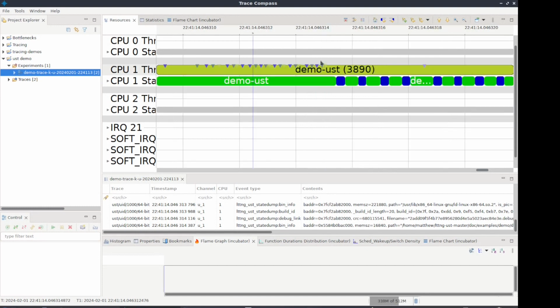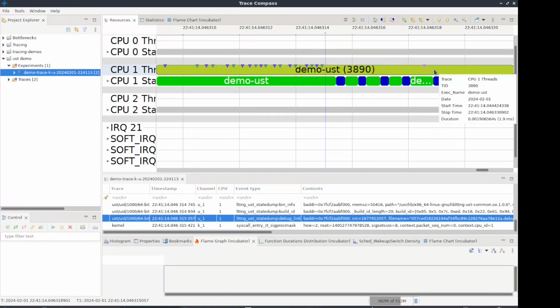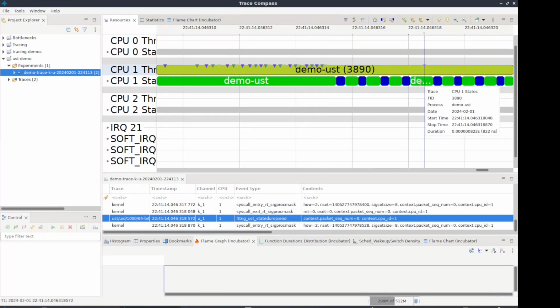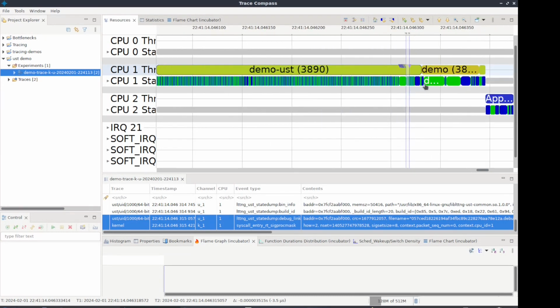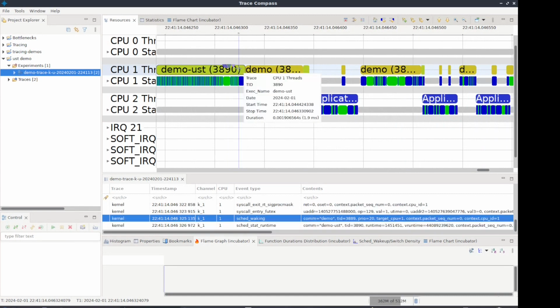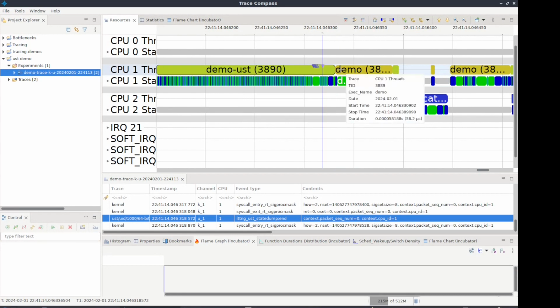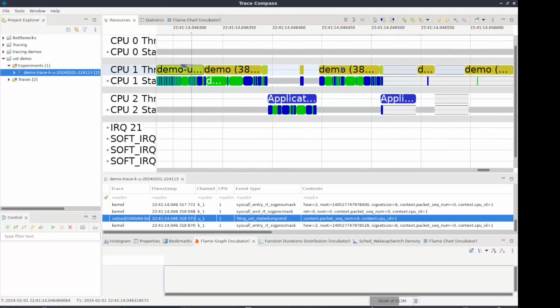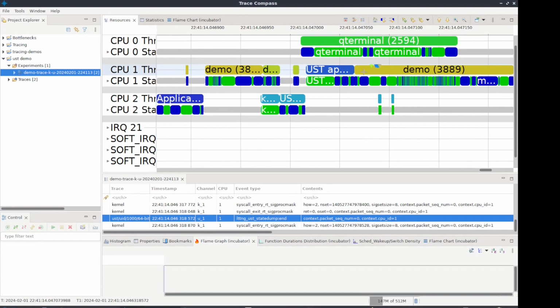For example, between this event and this one, and to navigate to them, it's the period and comma key. You have 1, 2, 3, 4 syscalls. So you know that it's not just your program that's running. And let's say we zoom out. Between this event, I'm pressing shift now, and I'm pressing period, the next one, which is all the way over here,